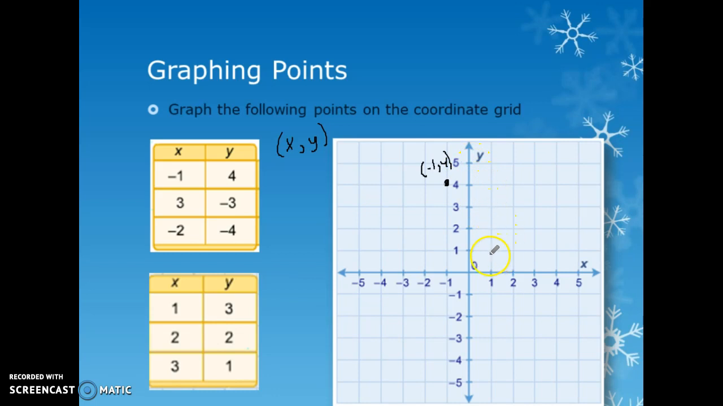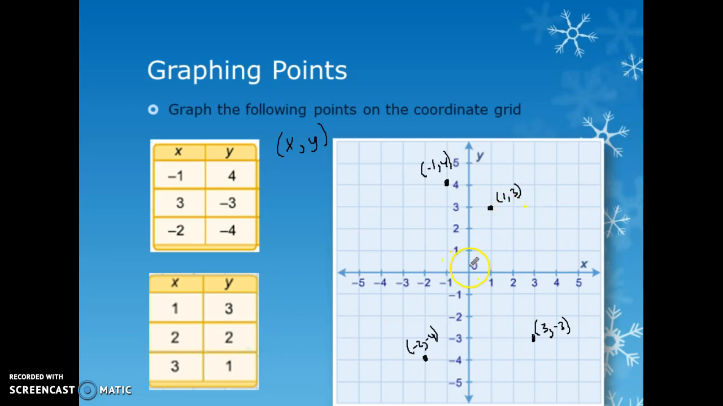If we want the point (3, -3), the x is 3, so to the right 3, y is -3, that means I count down. So we have the point (3, -3), and (-2, -4), so -2, -4 gets us this point here. And on our other table, (1, 3),